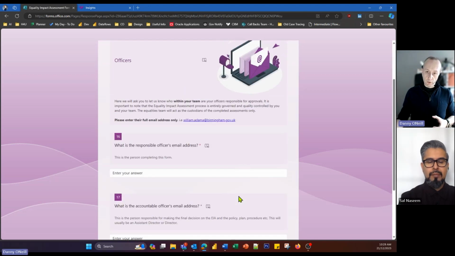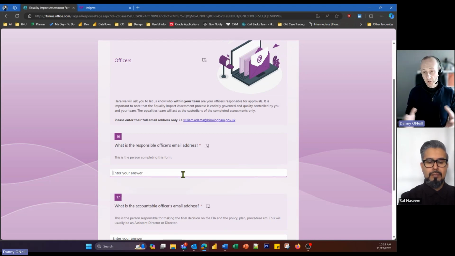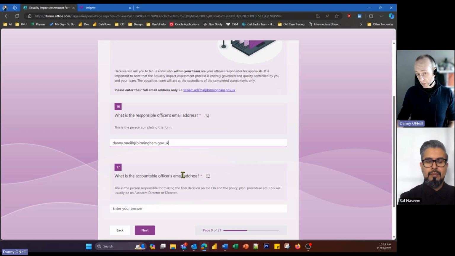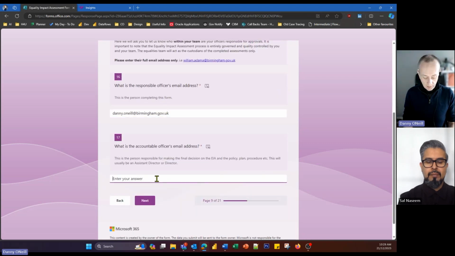This is a very important box. Who are the officers? This is where you start taking responsibility. So the responsible officer is the person who's filling out the form. And it's important that in here you only put an email address, because these email addresses are going to be used for sending notifications and copies of the form. Don't put any names, don't put any brackets, just put people's email addresses in there. And here we're going to put Sal